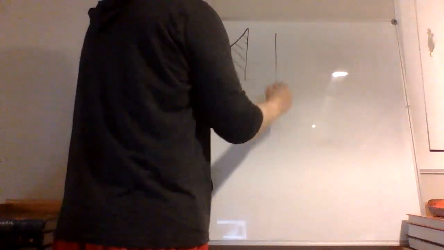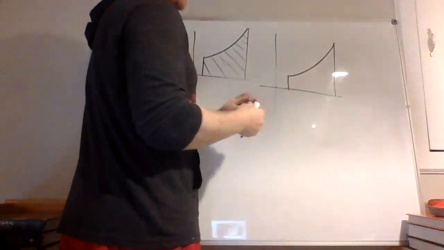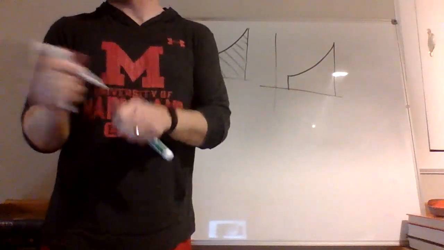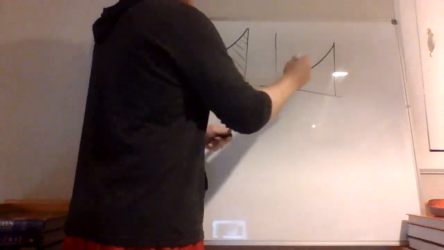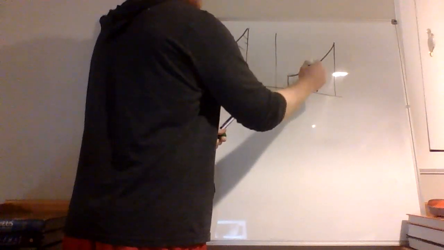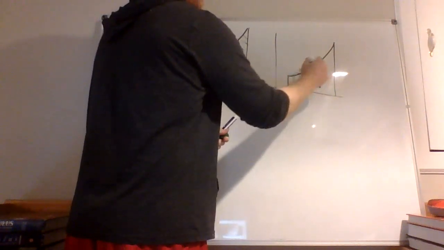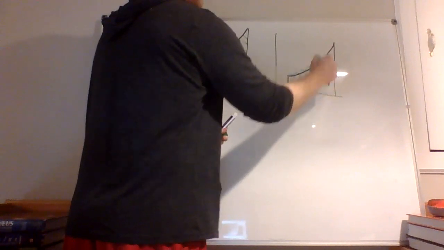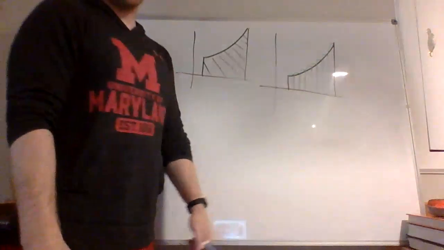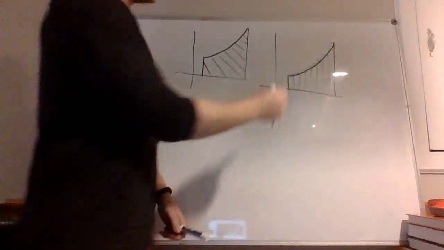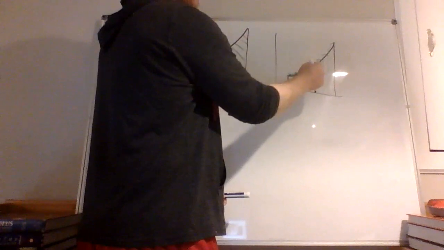So the game we play is, if we want to find this area with rectangles, I chose a right-hand Riemann sum, but we can just find some rectangles that approximate that area, and that'll do a good job. But that's an overestimate because a bunch of this stuff on the outside